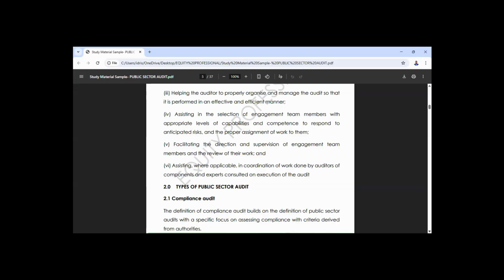Now, types of public sector audits. What are the types of public sector audit we have? One of the types of public sector audit we have is called compliance audit. What is compliance audit? Compliance audit is an audit